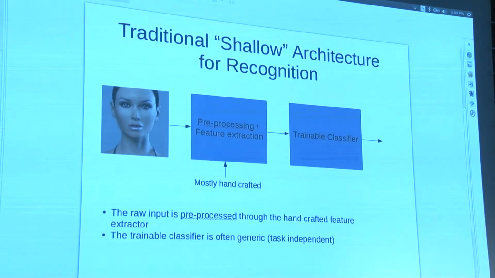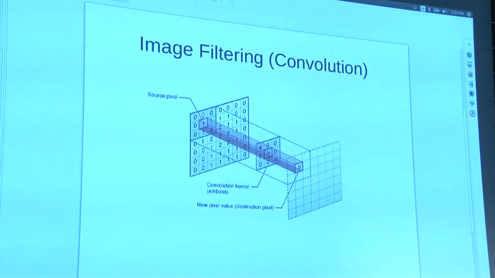So how many of you are familiar with image convolution? So very few of you, so I will explain it a bit. Image convolution is a technique where you have a sliding window which goes through the entire image, and that sliding window is a small matrix. It can be 3 times 3 or 5 times 5, or of any arbitrary size depending on the problem that you're dealing with.